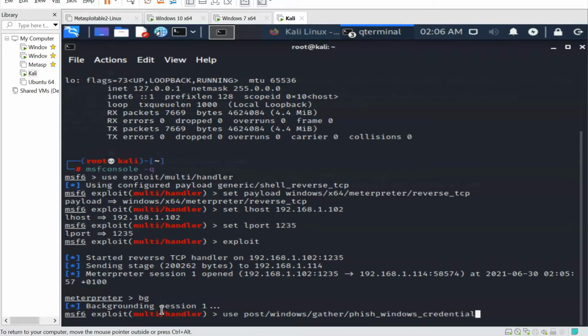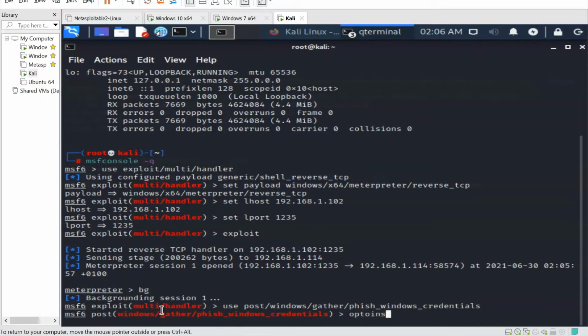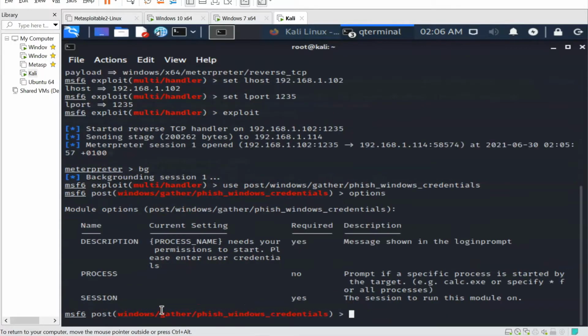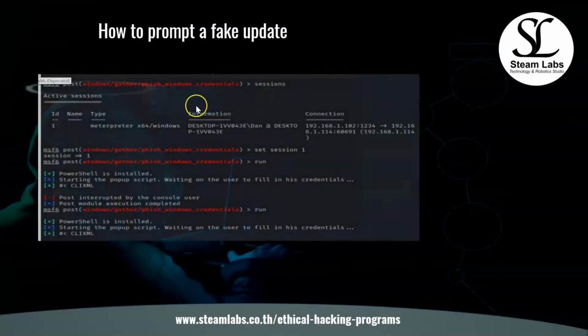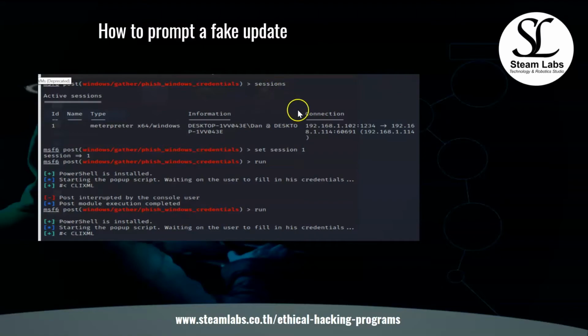Okay, so now that we have done this, we're going to type in options. Now that we have got to this stage, you'll be able to see we've got a couple of different options which are available here. I'm going to head back over to my slide so you can see this content as well. So what we want to do is type in sessions like before, set session 1 and then